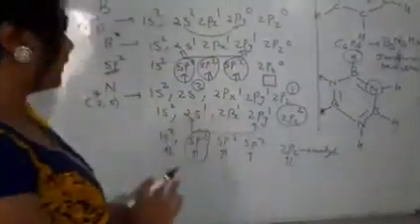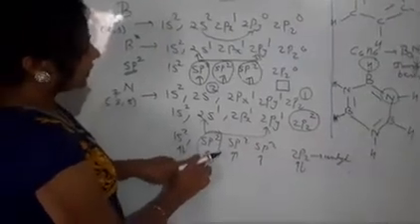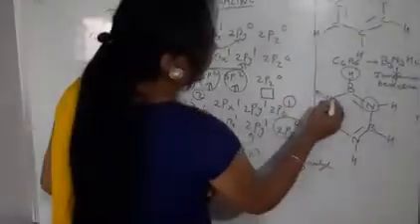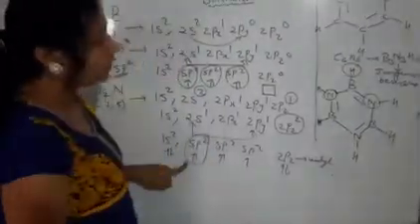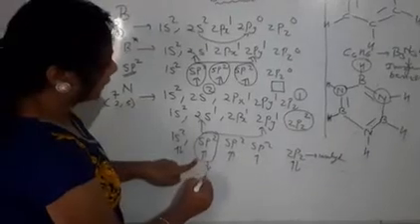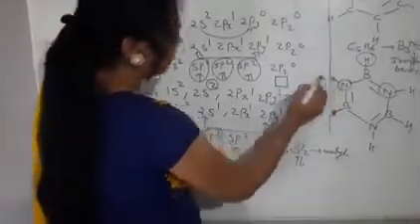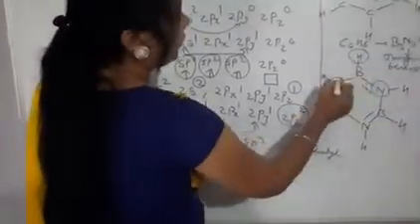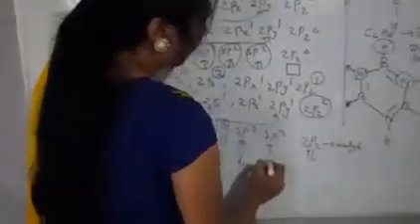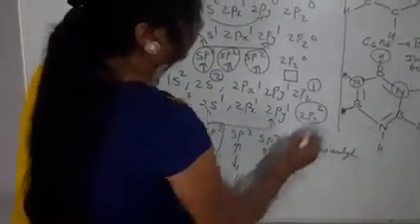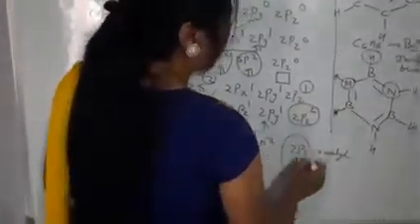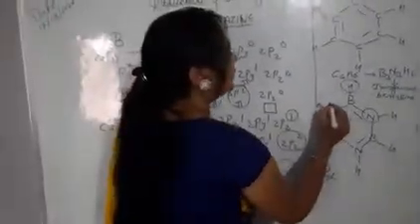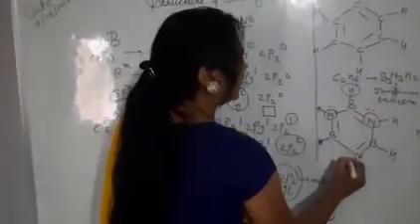Now come towards the nitrogen. In nitrogen, the sp2 hybrid orbitals contain unpaired electrons. So this nitrogen which contains the 3 sp2 hybrid orbitals will overlap with the hydrogen and form the nitrogen hydrogen bond. Another will overlap with one boron atom, so it will form the NB bond. Another will overlap with the second boron atom and form the BN bond. Now still nitrogen has a lone pair of electrons in its 2pz orbital. So here we will show the lone pair of electrons on the nitrogen atom.